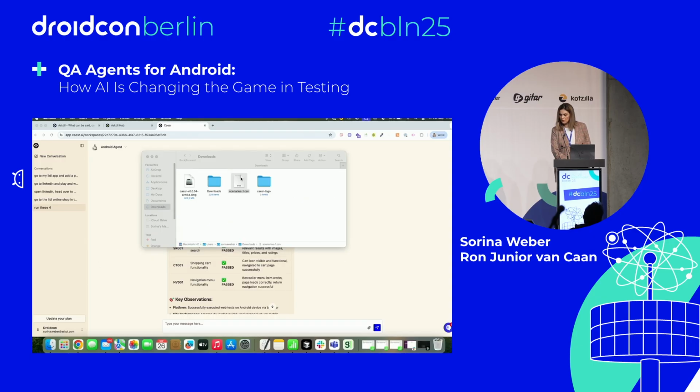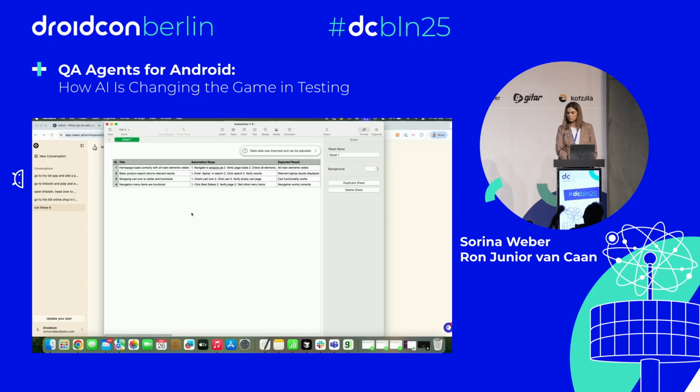This is a CSV file of literally just little tests that you could pack in a CSV file, where you would literally just say what you want to see, right? You would want the agent to go and navigate to a web page, to an Android app, no matter what it is, pack it in as text, and give it instructions. It could have like the expected results, because it needs to have some success criteria to pass.